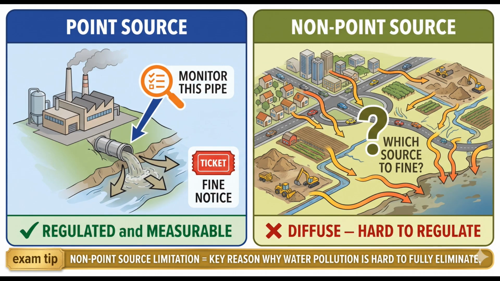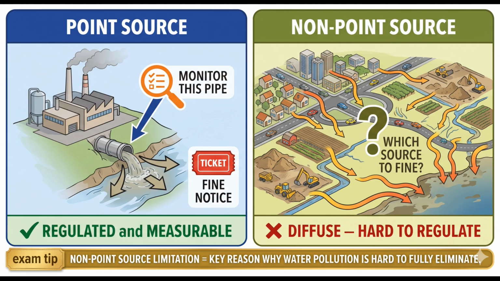Point source pollution, factory pipes, sewage outlets, is easier to manage. You know which factory owns the pipe. A regulator can test the water quality at the pipe and compare it against the permitted standard. If the factory is violating the standard, the regulator knows who to fine. The source is identifiable. Compliance is measurable. The Singapore River cleanup of the 1977 to 1987 period was fundamentally a point source problem. Factories and pig farms, and it was solved through direct regulation and relocation.